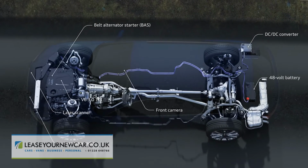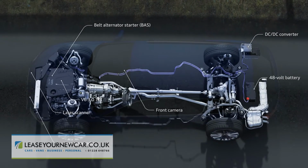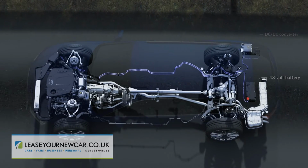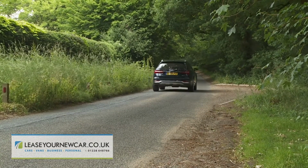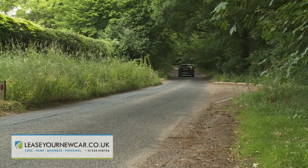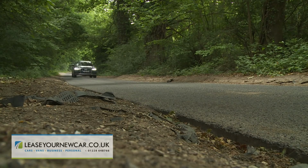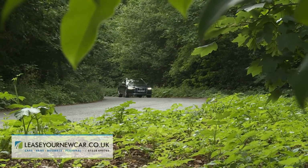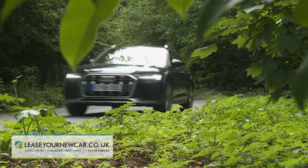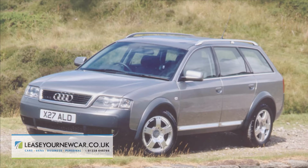The engine and running gear have benefited from Audi's latest raft of technical and mild hybrid improvements. So, how much of a difference does all this make? Well, Audi claims a WLTP-rated combined economy figure of 37.7 miles to the gallon for both diesel A6 Allroad variants, the entry-level 45 TDI and the top 50 TDI, with WLTP-rated emissions in each case pegged at a respectable best of 195 grams per kilometre of CO2. Even the muscular 55 TFSI petrol model will see a combined WLTP fuel figure of 31.4 miles to the gallon,